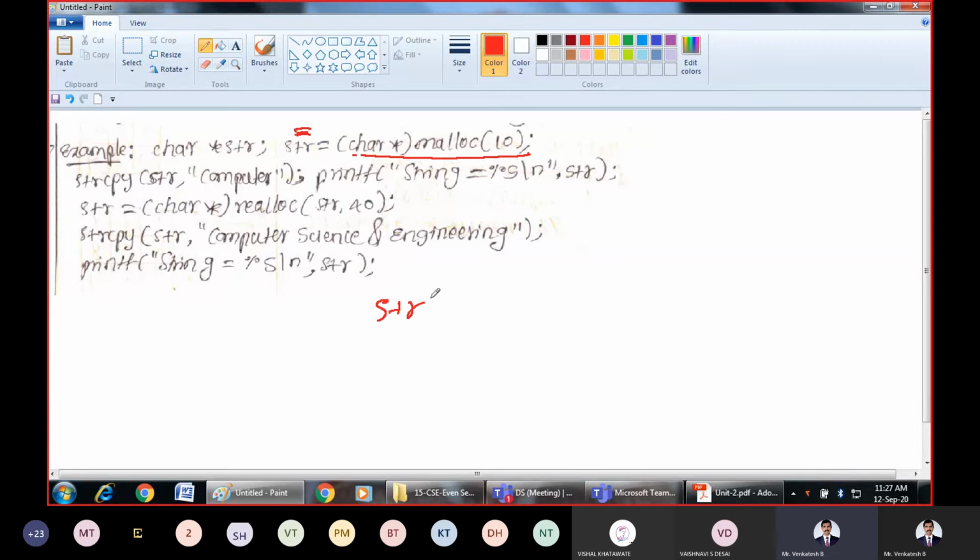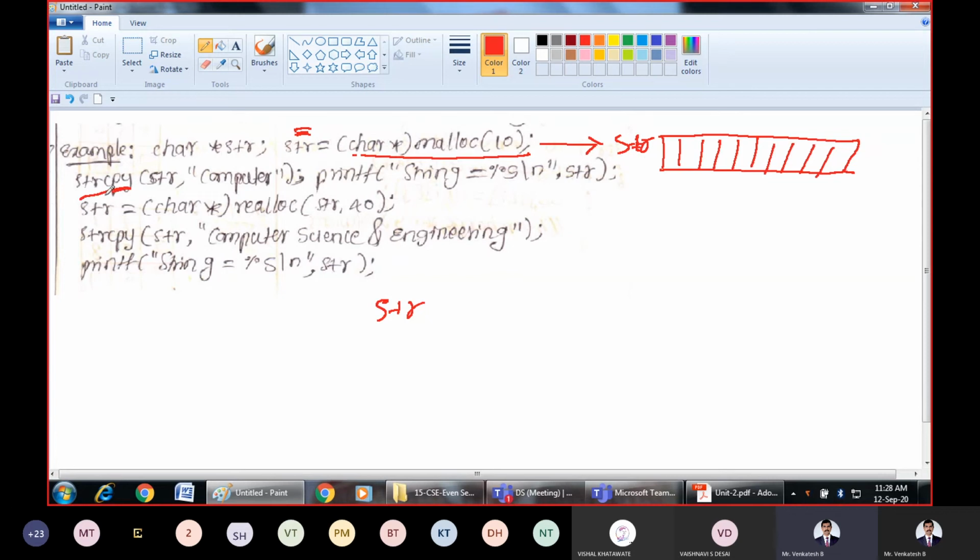What is happening here now? After this line, I'll write it in front of this line itself. So what happens here is str is a character array. For that, what size are we giving? We are giving a size of 10. Right? 1, 2, 3, 4, 5. So 10 locations are being reserved. So string is an array now because we have allocated by using dynamic memory allocation.